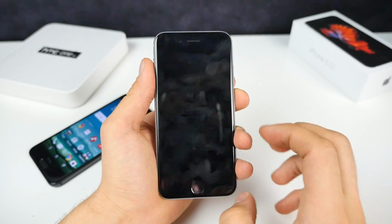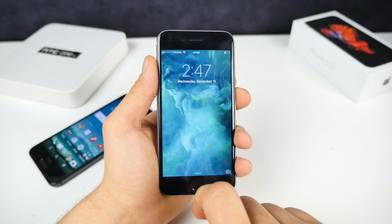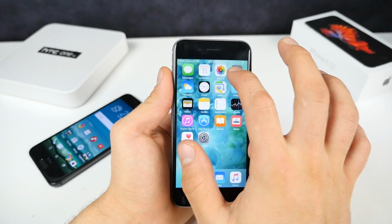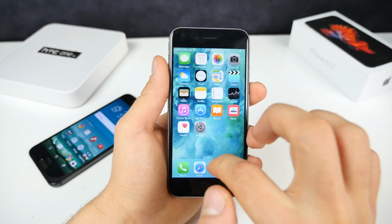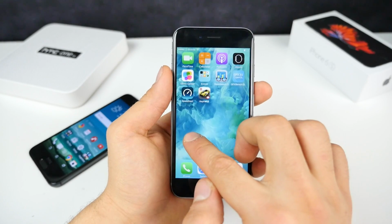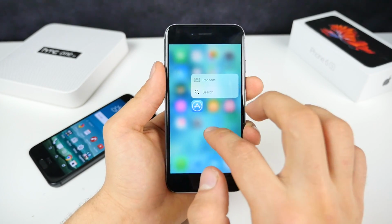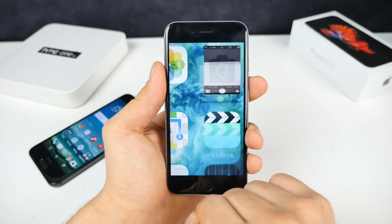Now, the 6S, though, it has that unique 3D Touch technology. No other manufacturer besides Huawei offers anything like it, and it's going to be a major selling point of the 6S for a while before the competitors start to catch up. It basically allows you to shortcut into areas of different apps, adds a lot of functionality to your device, and is growing every single day. Right now, it's a little thin, but basically with 3D Touch, you can save time and add functionality to your